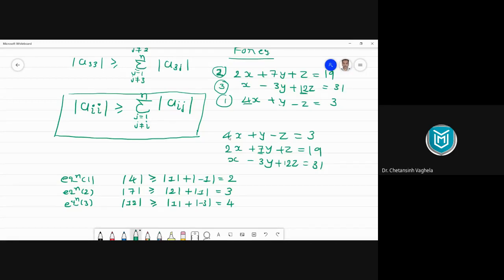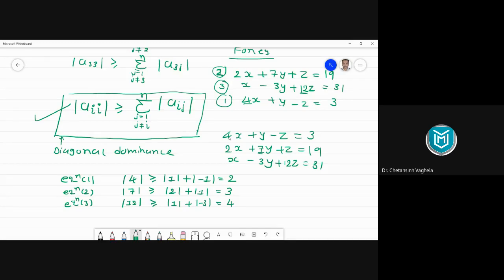Right? So try to remember this thing. You can apply Gauss-Jacobi or Gauss-Seidel method if and only if your system is diagonally dominant. That means it has to satisfy this condition. Right? This is the general form of diagonal dominance. If this is satisfied, then and only then we can apply Gauss-Jacobi and Gauss-Seidel method. Right? So this is our first step.